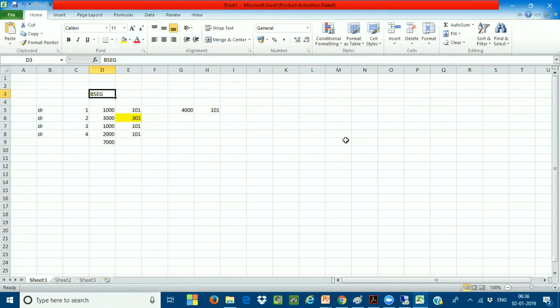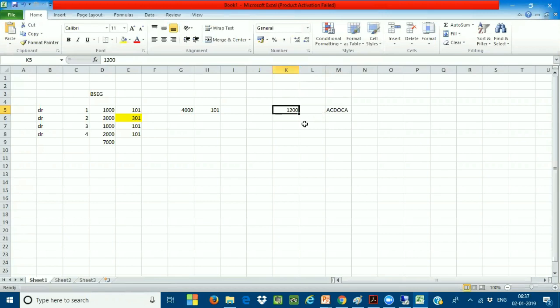I'll tell you the reason. For example, I'm posting a document with more than 999 line items, say 1200 line items, debits and credits. If this document is posted in SAP S/4HANA, there will be no issue for the ACDOCA table, because the ACDOCA table can have a maximum of up to 999,999 line items. So the 1200 line items can be directly posted into the ACDOCA table.